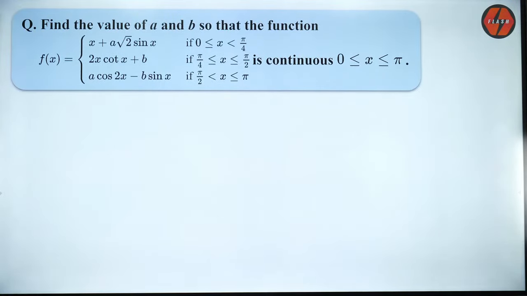Discontinuous means non-differentiable. Absolutely right, Banu. You are on the dot. Whenever a function is discontinuous, it is said to be not differentiable at that point. But the vice versa is not true. If you say a function is not differentiable, that does not mean it is not continuous. Got it? I hope you are clear with that. You cannot make such mistakes.